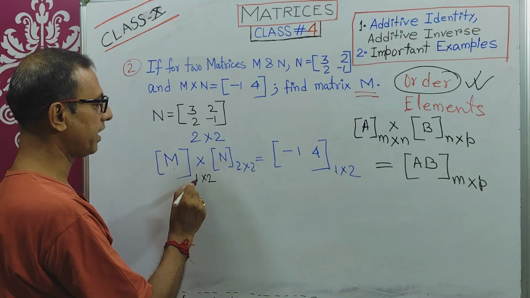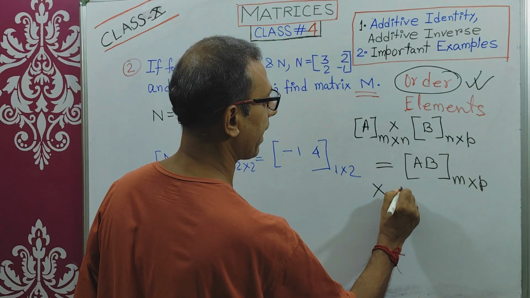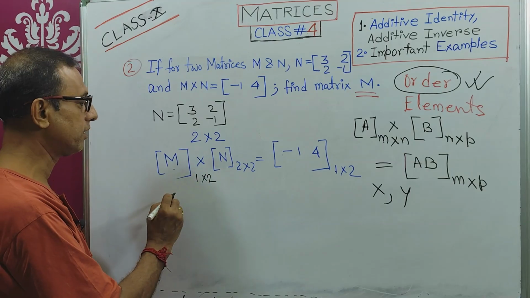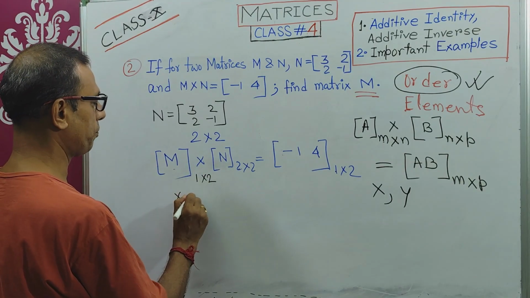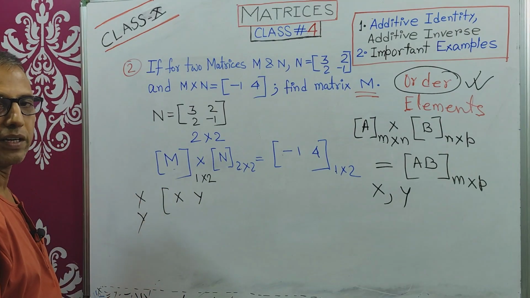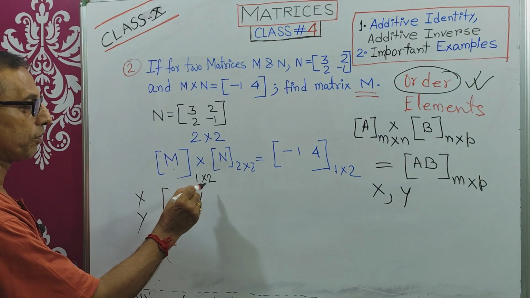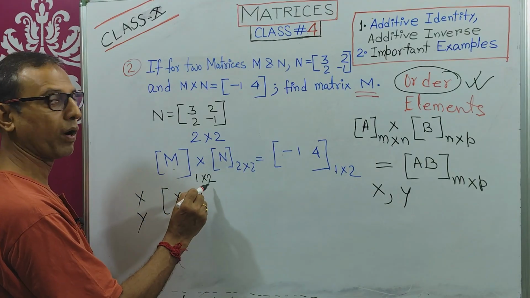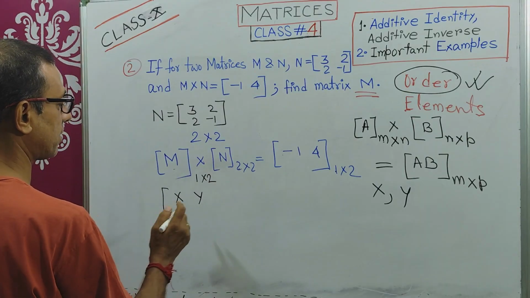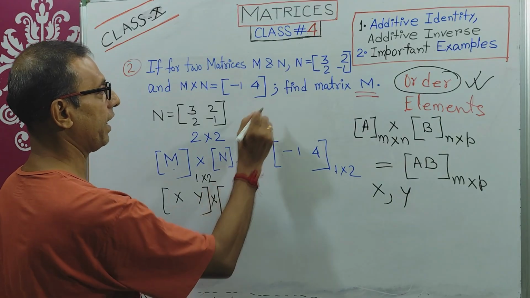If the order of matrix A is 1 row, 2 columns, now you assume the values: one value is x and another value is y, because it has 1 row 2 columns. That means you need to put the values x, y like this, not x, y vertically, because in that case it will have 2 rows 1 column, but we have already found out the order is 1 by 2. That means you will put the elements in this manner, x, y, and then the value of n,